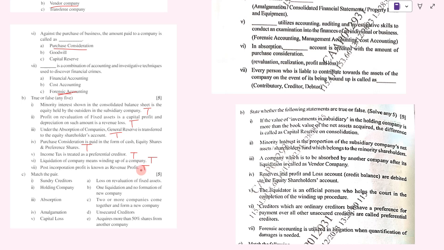Now match the pairs. Sundry creditors, unsecured creditors. Holding company, acquires more than 50% of shares from another company. Absorption, one liquidation and no formation. Amalgamation, two or more companies come together to form a new company. Capital loss, loss on revaluation of fixed assets. Okay. Now next,